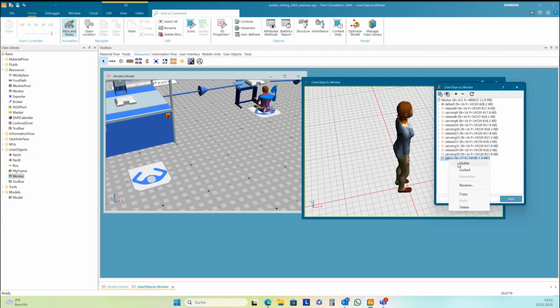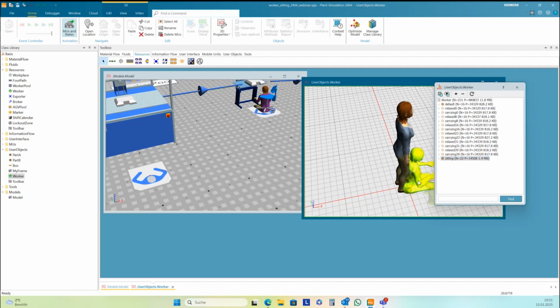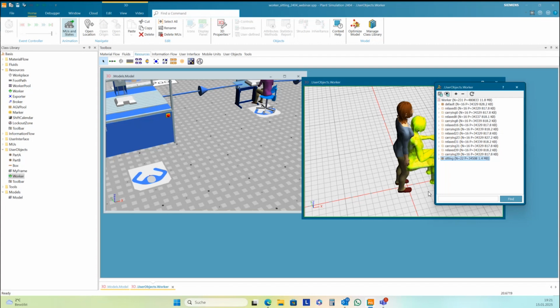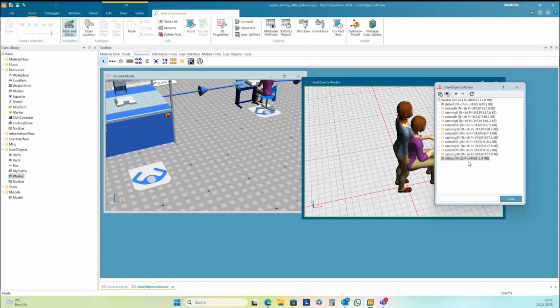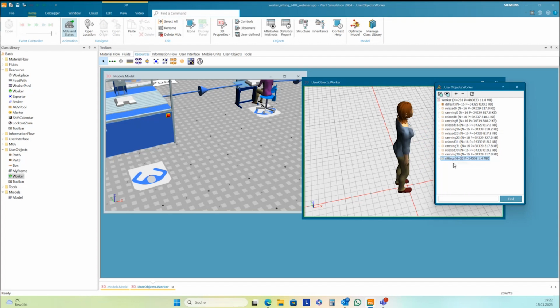I make sitting visible, and then I can mark this graphic, press the Alt key, and then I can drag with the mouse this graphic to the right height. Have a look at the chair on the left side. Okay, this is nice. Okay, and that's it. And then I make it invisible again.